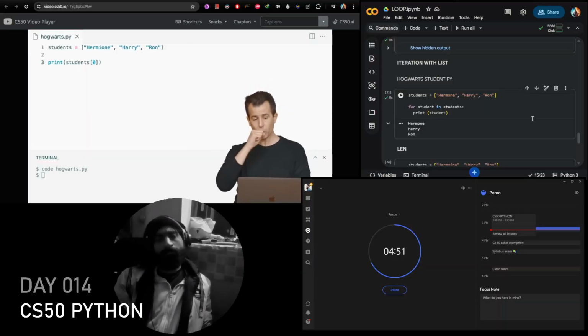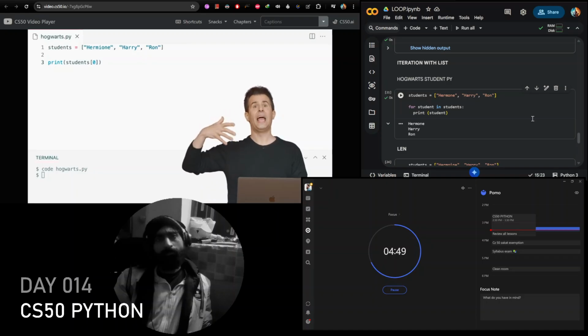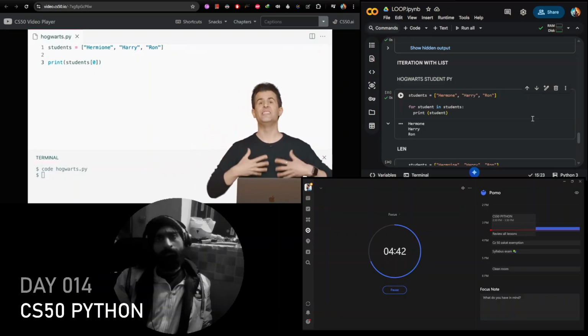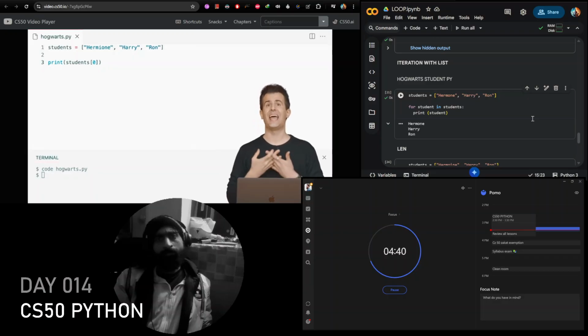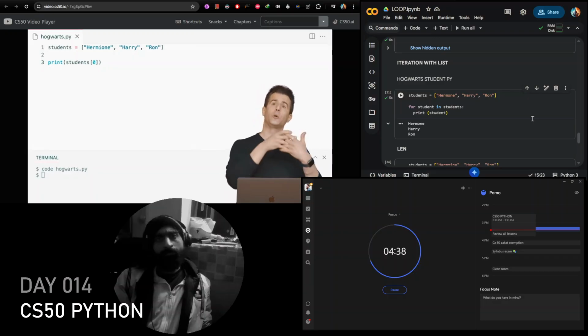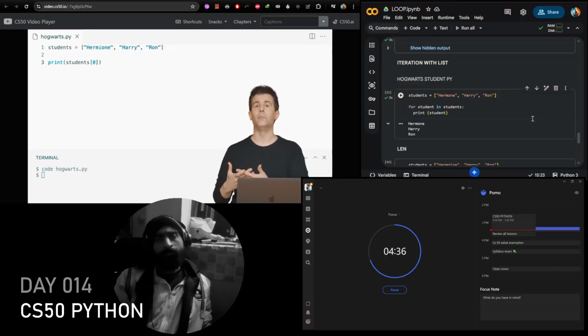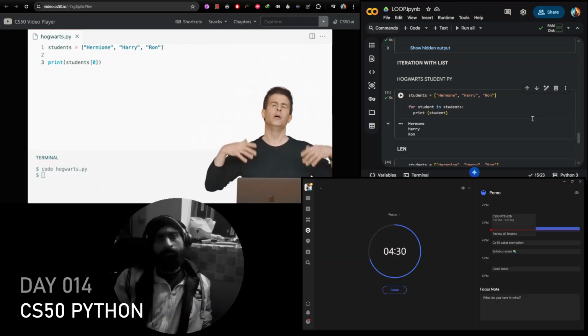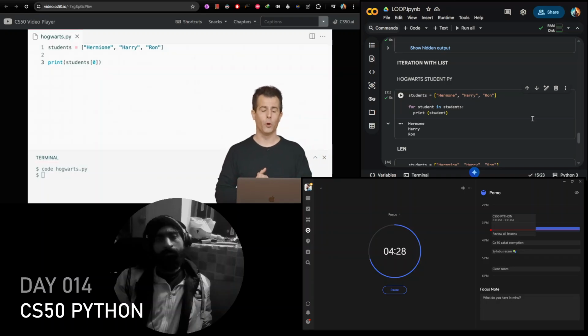And here's where we see that it is useful to think and count in terms of 0 on up instead of 1 on up. These lists in Python are, shall we say, 0 indexed. The first item in a list is at location 0. The second item in a Python list is at location 1, and the third is at location 2. So you're always kind of off by 1 mentally, but you get used to it over time if you've never programmed before.